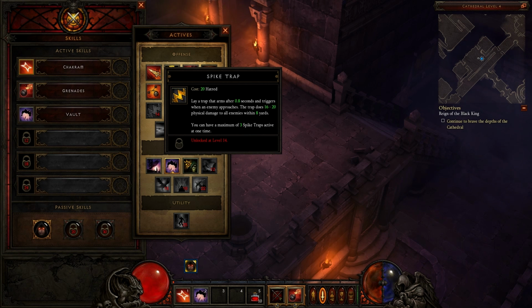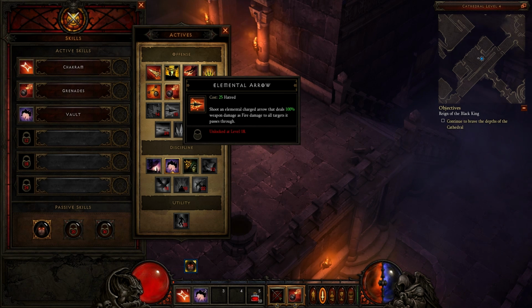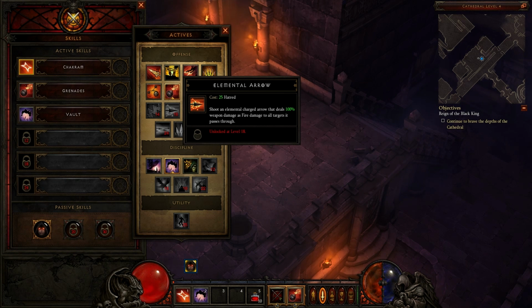I don't know. But anyway, I'm sure that later on down the game, these kinds of things are going to be very helpful, especially on more complex boss fights. Elemental Arrow, 25 hatred. Shoot an elemental arrow or charged arrow that deals 100% weapon damage as fire damage to all targets it passes through. So, taking it for what it is, it's passing through targets. It says that in the description, but I'm not sure of the mechanics of it, whether it'll pierce through all targets. But that could be a pretty powerful...